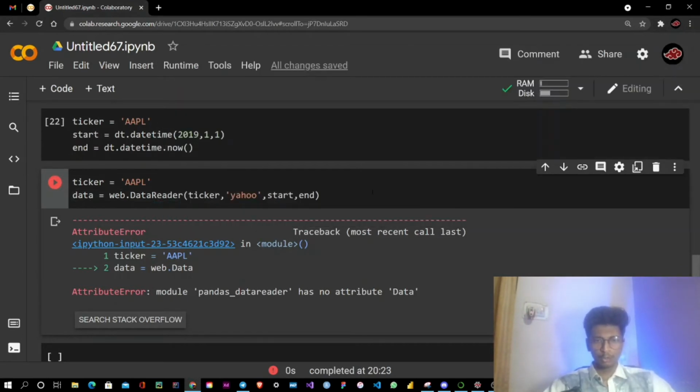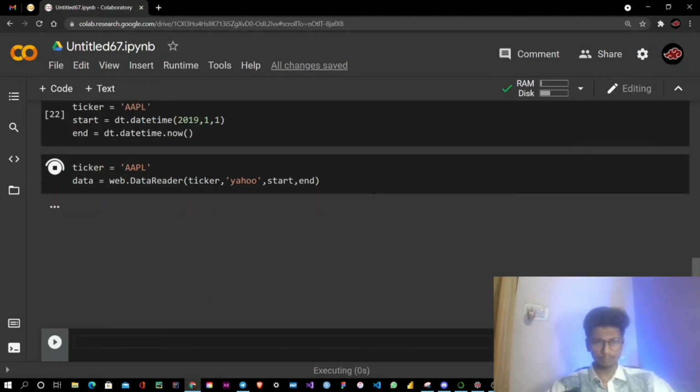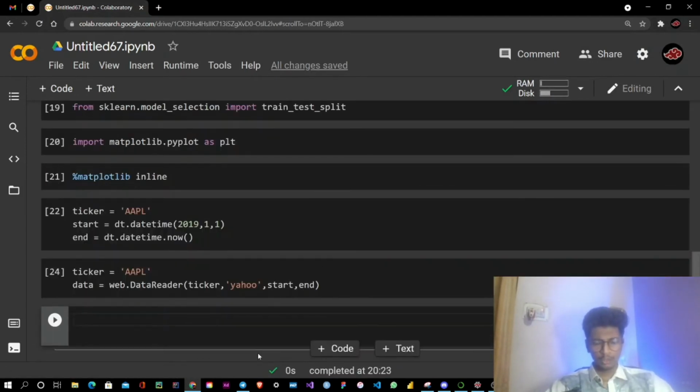Okay, so we will be executing this. It's not giving any errors, that's good. Now we will be printing our data frame.